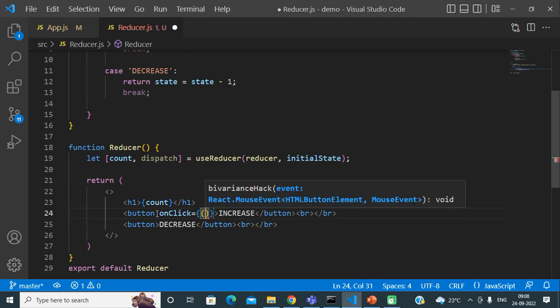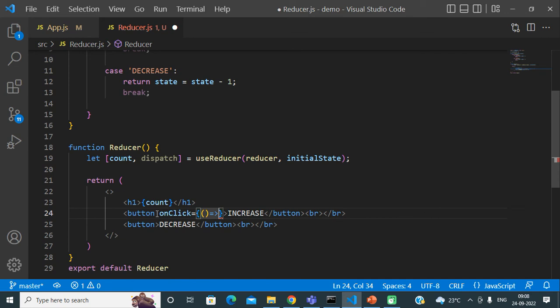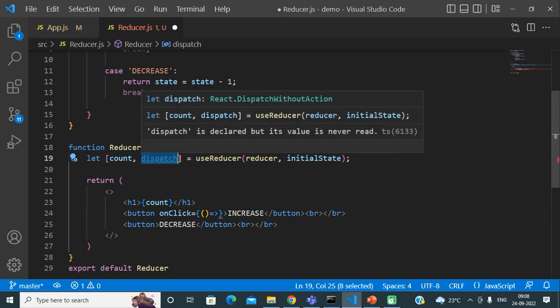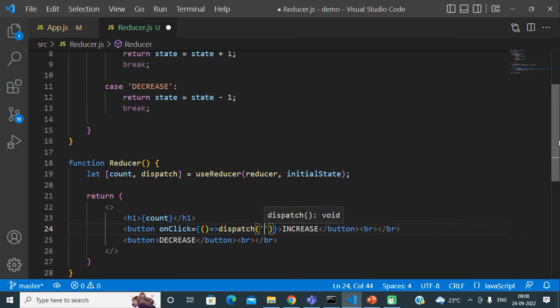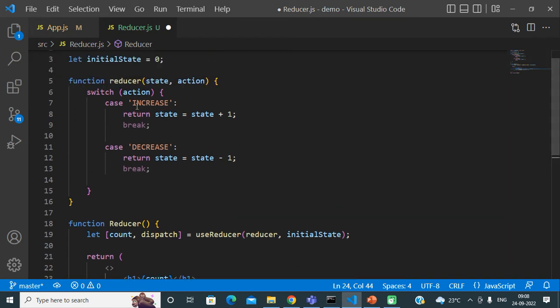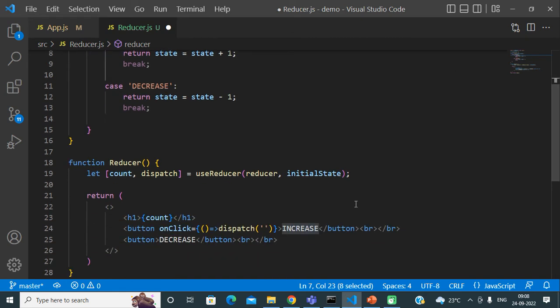Okay, and now from this event handler, meaning from this event, what we will do is dispatch the increase action. So to dispatch the increase action, we just need to use this function, which useReducer has given to us, which useReducer has actually returned to us. Okay, so how will we now dispatch the action? We just need to dispatch the action with this simple syntax. So on the increase button we are going to dispatch the increase action. So what is the name of our increase action? This is actually the name of our increase action. So just copy that name and paste it here.